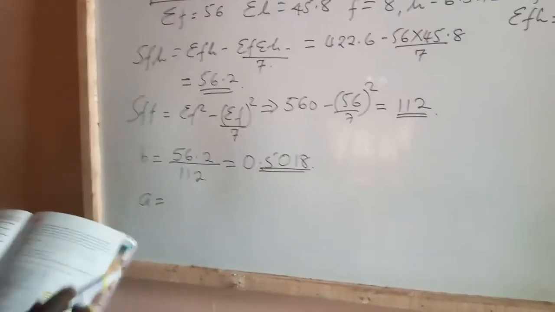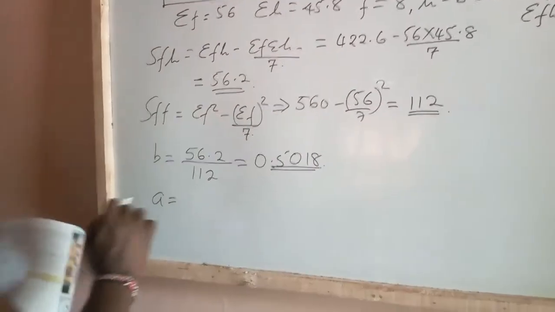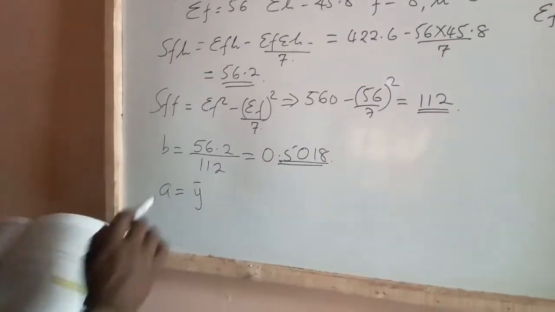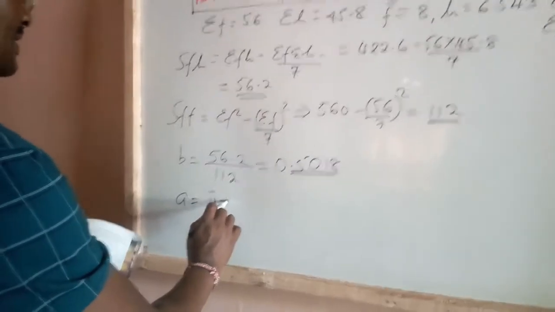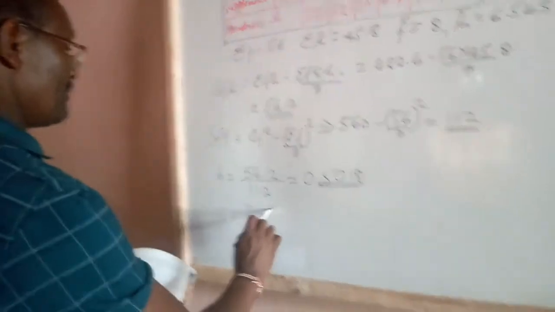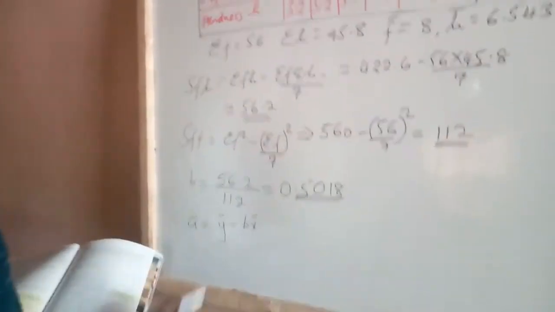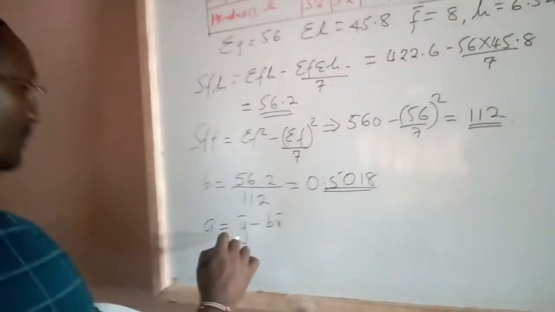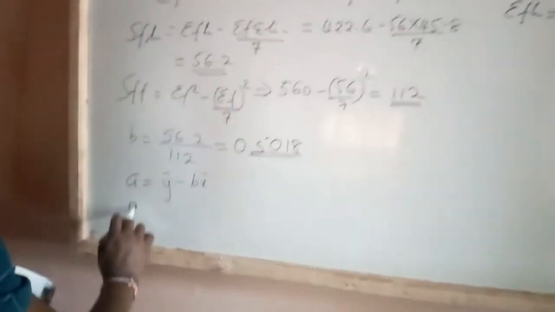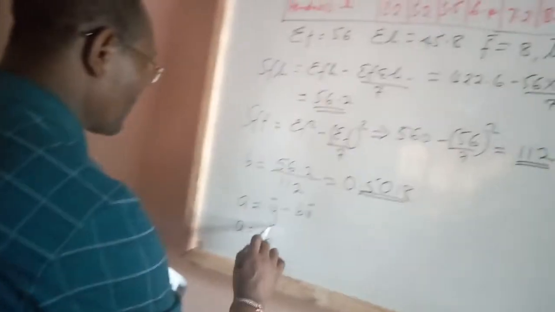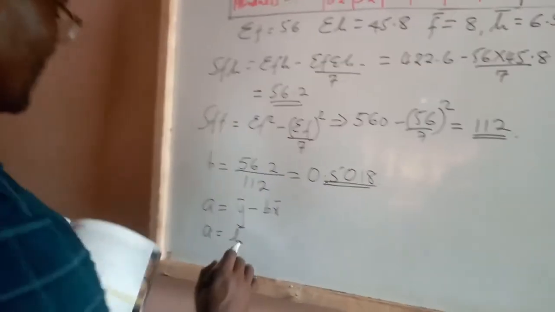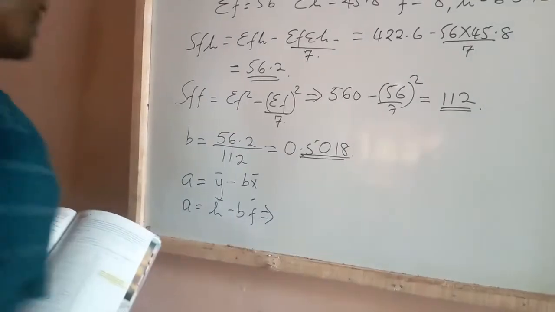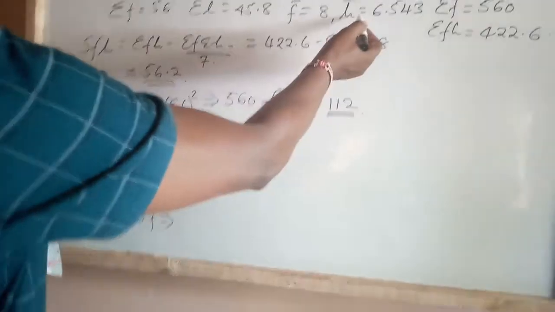Our A, incidentally, is generally given by the mean of Y minus B, the mean of X. We just substitute this and say our Y is H, so our A in this case is the mean of H minus B, the mean of F. Just substitute this and have our mean of H is